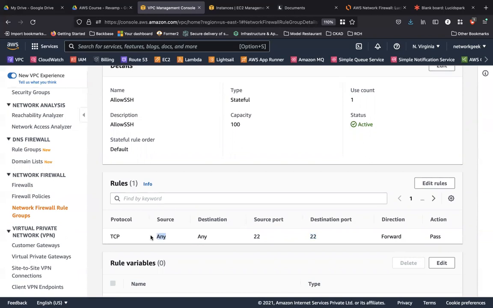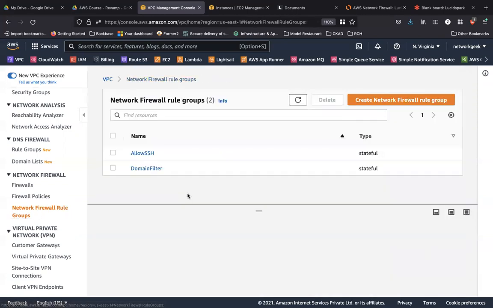But then you can also limit this source and destination to any specific ranges of IP addresses. So if you say that only from within your organization's range of IP addresses, they should be able to access or do any kind of SSH related activity, you can specify that your source should be from your organization's range of IP addresses. You can go ahead and add as many rules as you would like over here. Let's take a look at the next one.